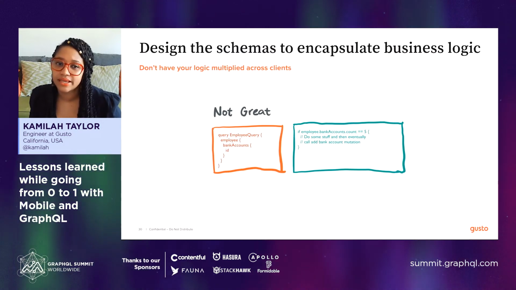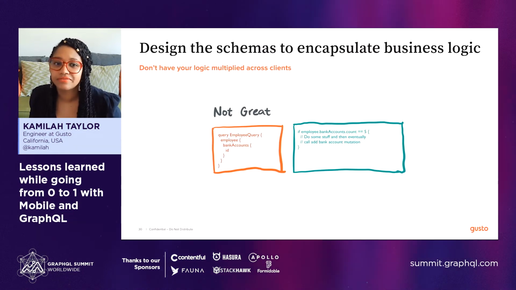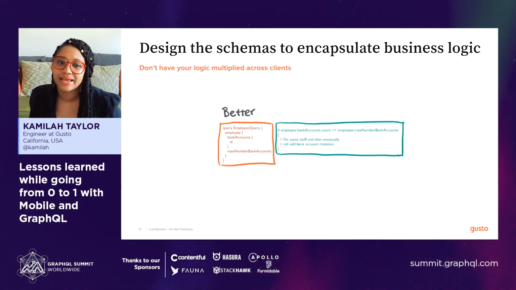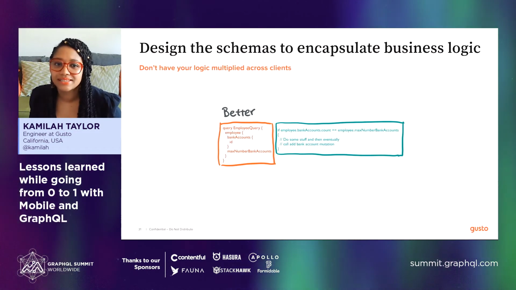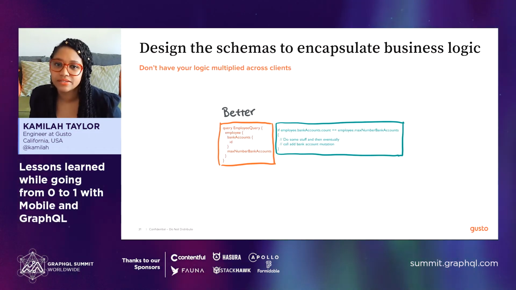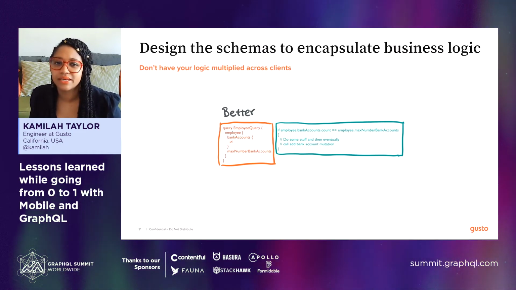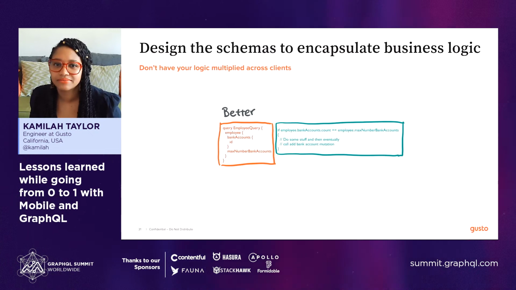Because the schema can be so flexible, you may be tempted to then just add all the fields that you may need. So then you add an extra field for that maximum number of bank accounts. But if the client still needs to combine multiple fields to know if they need to show a screen or disable a button, then we've again left business logic being implemented on multiple clients. You can imagine that all of your clients will have this logic check.